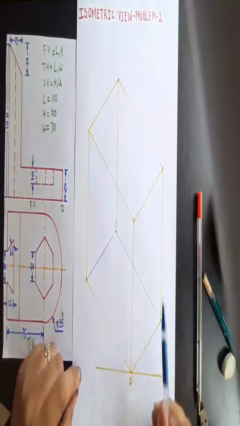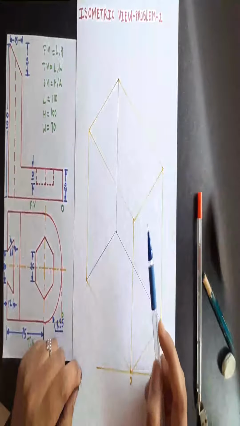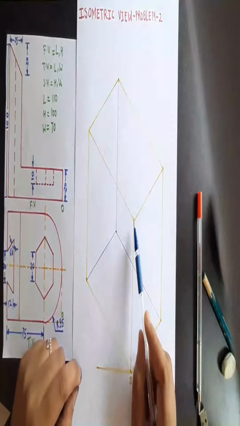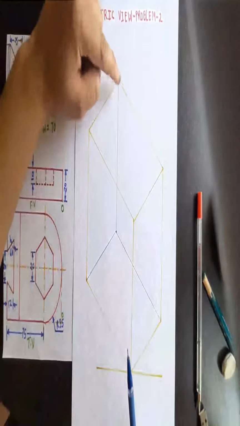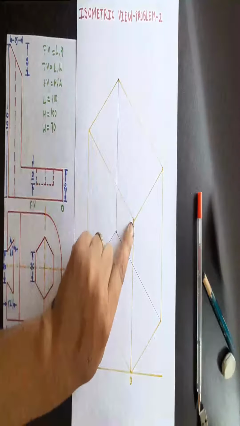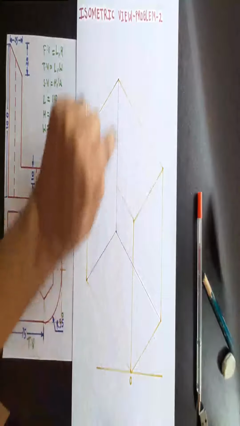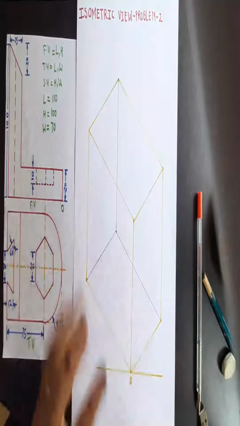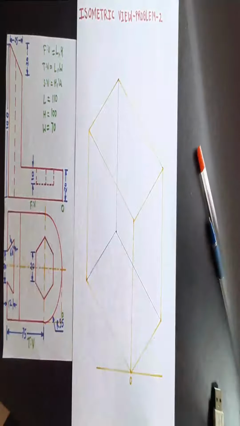To check it, you can take any vertex, or you can take all vertices one by one, and check whether from those vertices your length, width and height pass or not. You can check it from here. This is width, here is length and this is height, right? If you take this one, width, length and height. If we take this one, height, width and length. So in this manner you can check all the points, so as to ensure that what you have drawn is correct. Now let's move towards the object.